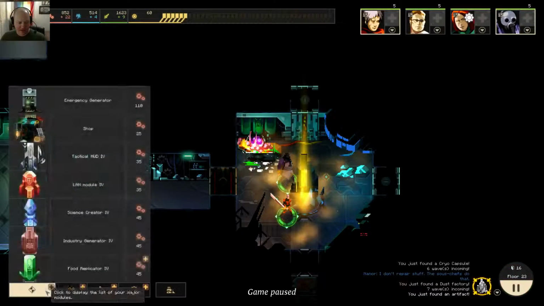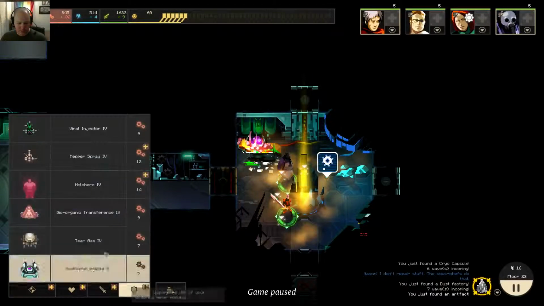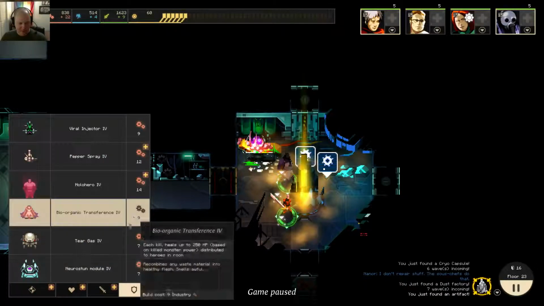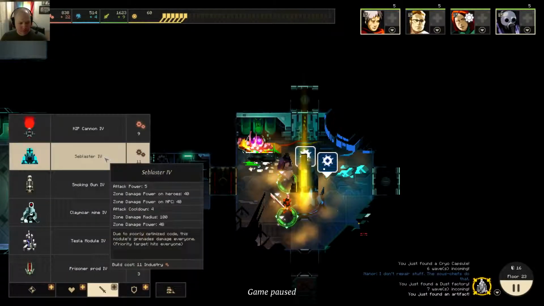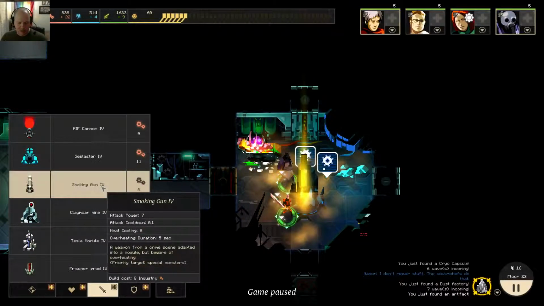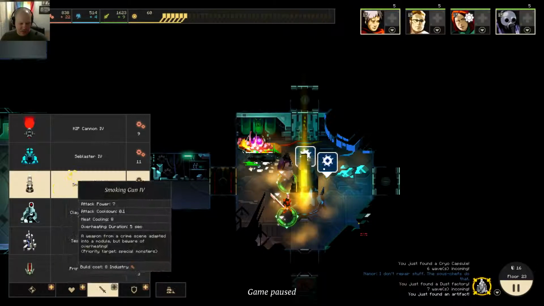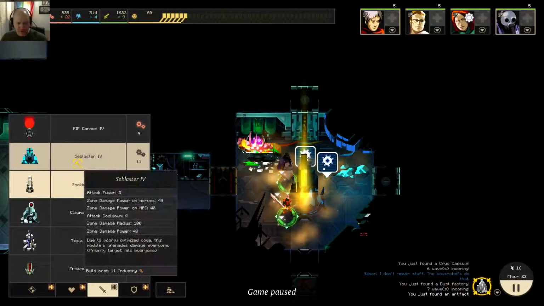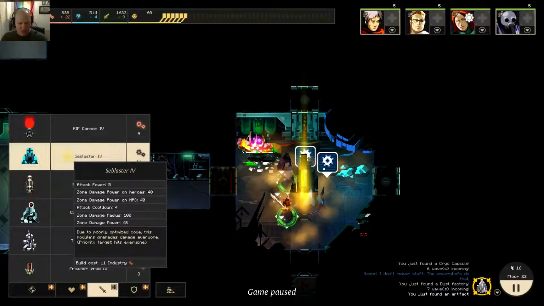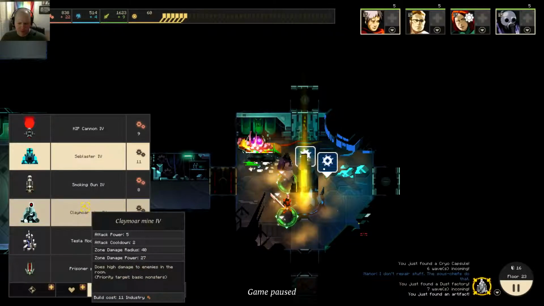Mildly less catastrophic. There's 5 in this room. So we could do Neurostun gas, Neurostun module, Tear gas. There we go. And well, I still have space for 3 smoking guns, which is pretty powerful. It takes a little bit to get through some of the monsters though, and if the waves get big, won't do too much. So how about